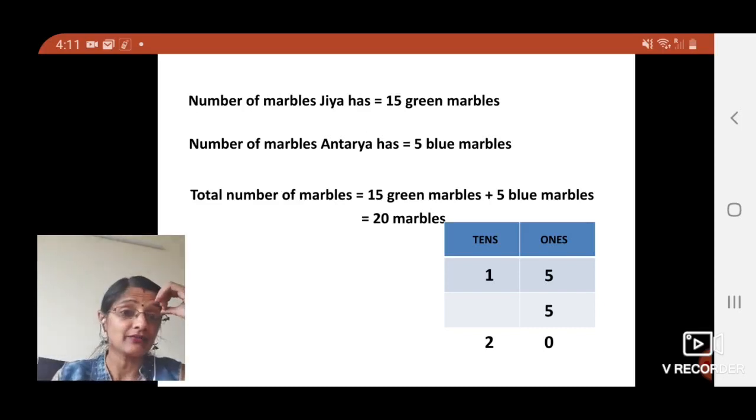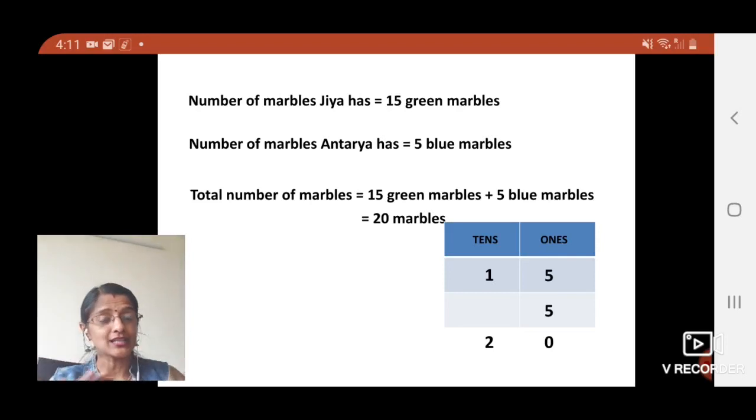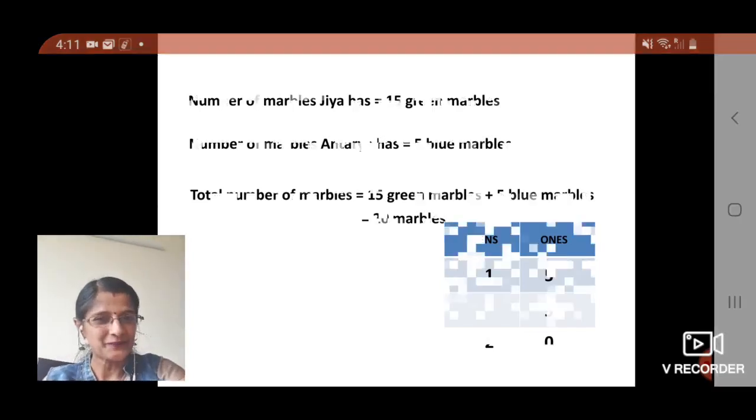And the column method again we have done. We know how the column method is to be done. We have already learned in the previous class. We have done that. So I hope the concept is clear. The problems are how it has to be written, how it has to be calculated. I hope it's clear to you all.